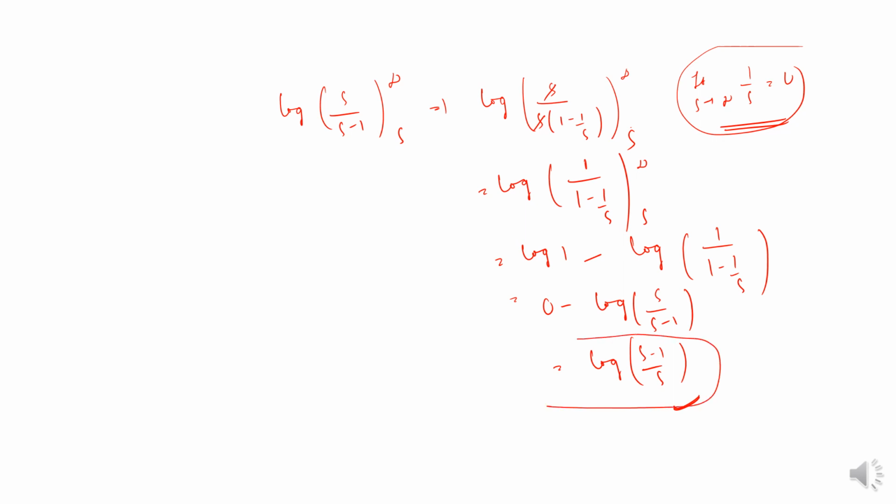I hope this process was understood, right? Why have we done it like this? Because we have to put the limits. Here we cannot put them directly, it will become an infinity by infinity form, so it is not possible to put the limits. Therefore we have modified it so that even if we put the limit, we get a convergent answer. So like this.